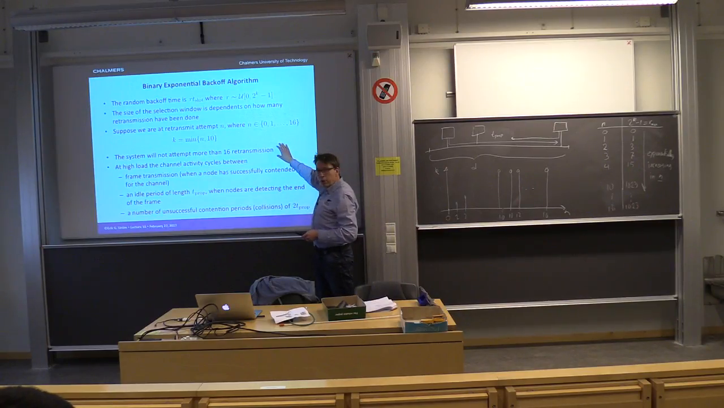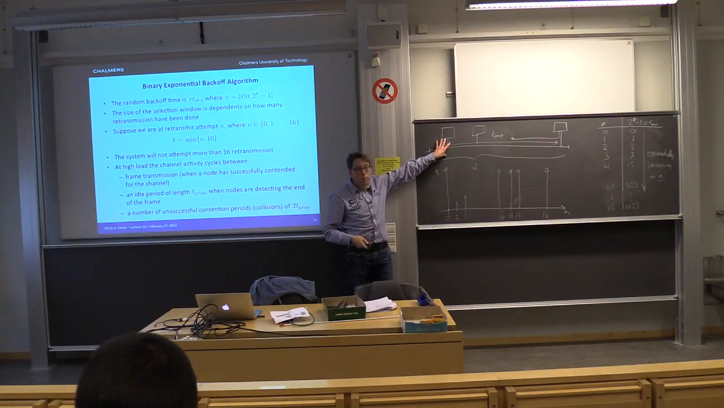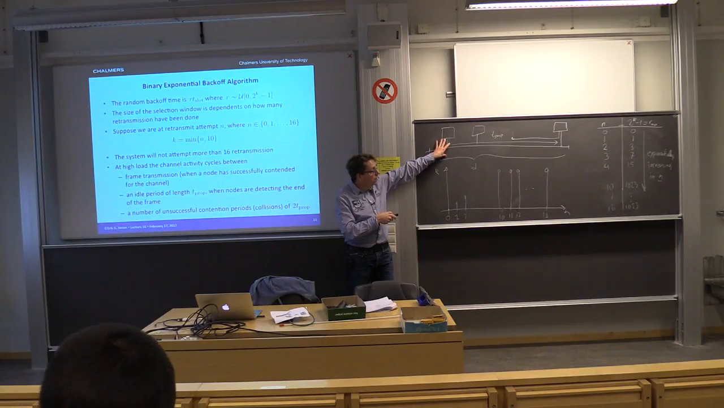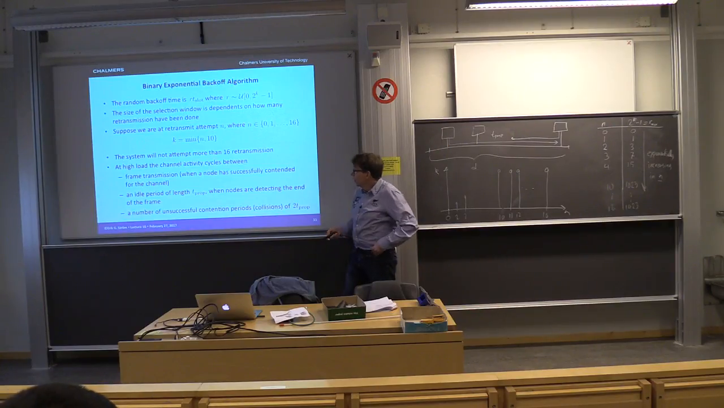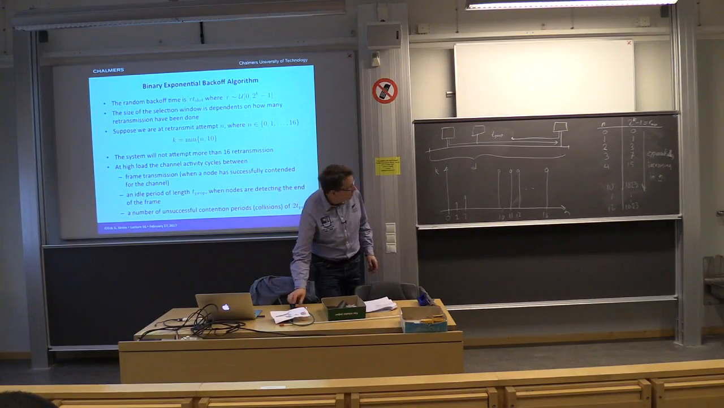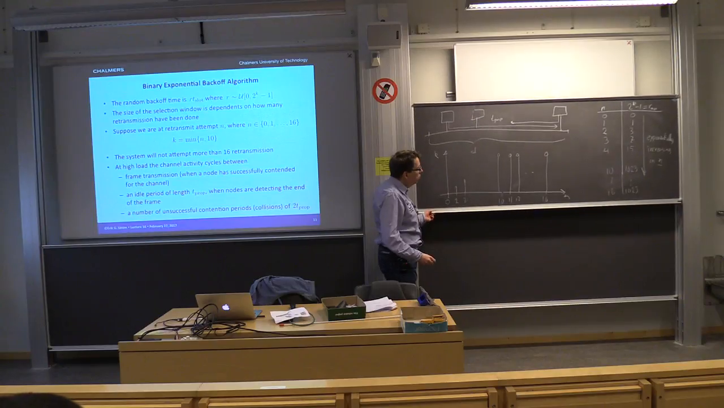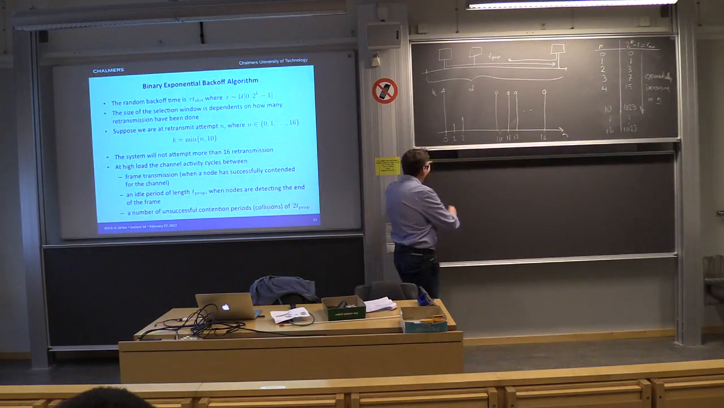So that's how the binary exponential back-off algorithm works. Depending on the perceived load on the medium, we back off either not so much or quite a lot. So it adapts to the situation. So at high load, if one would look at the channel, how that would look at high load, then